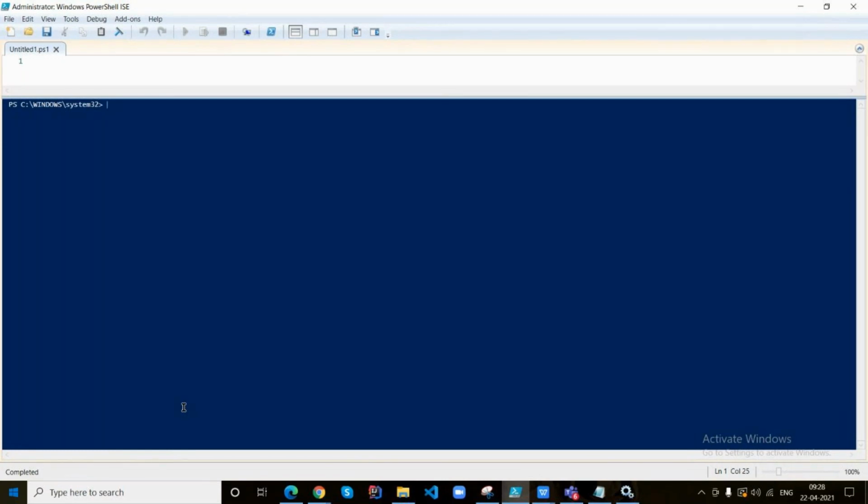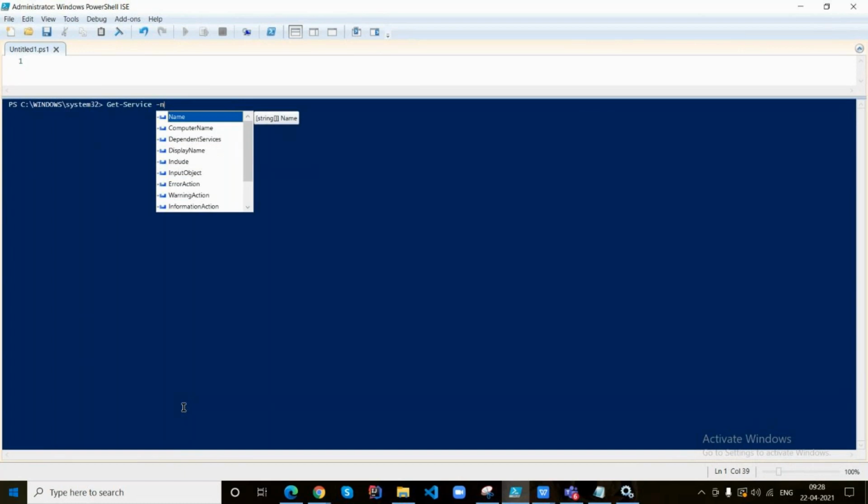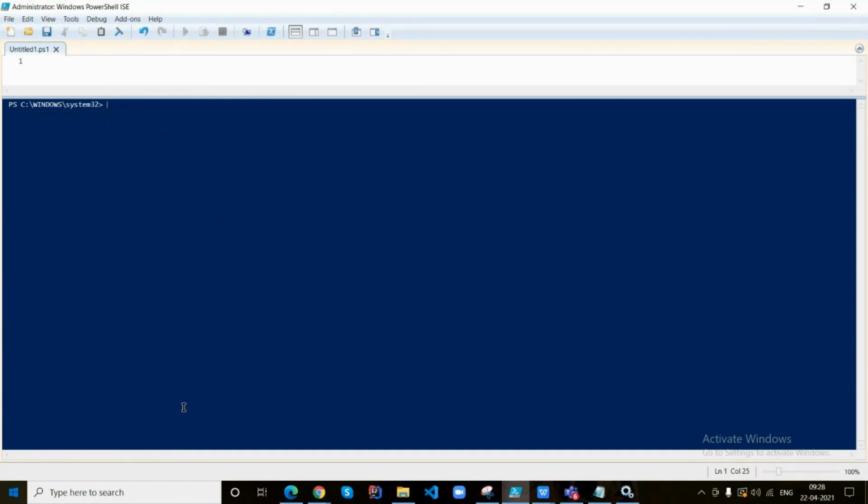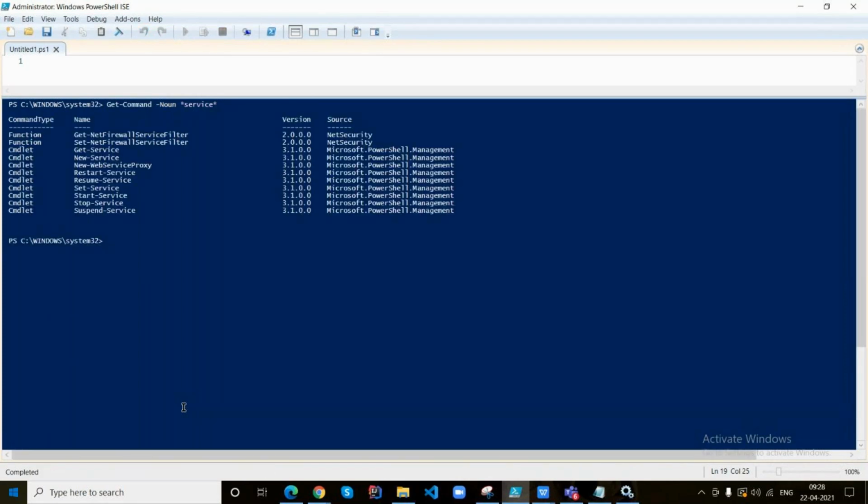And can you execute once again the same commandlet, like get command, not get service. We want to find the information of the service, right? Execute this. Okay, and here remove the star please.